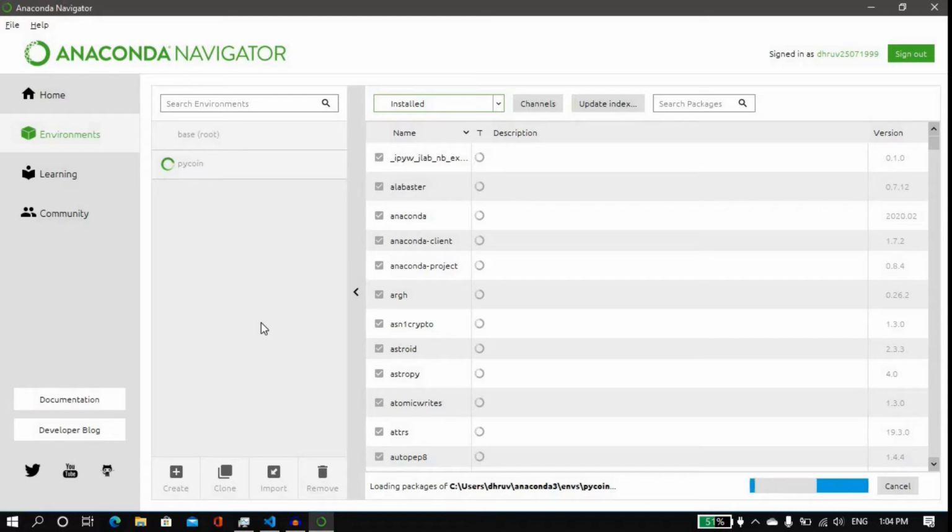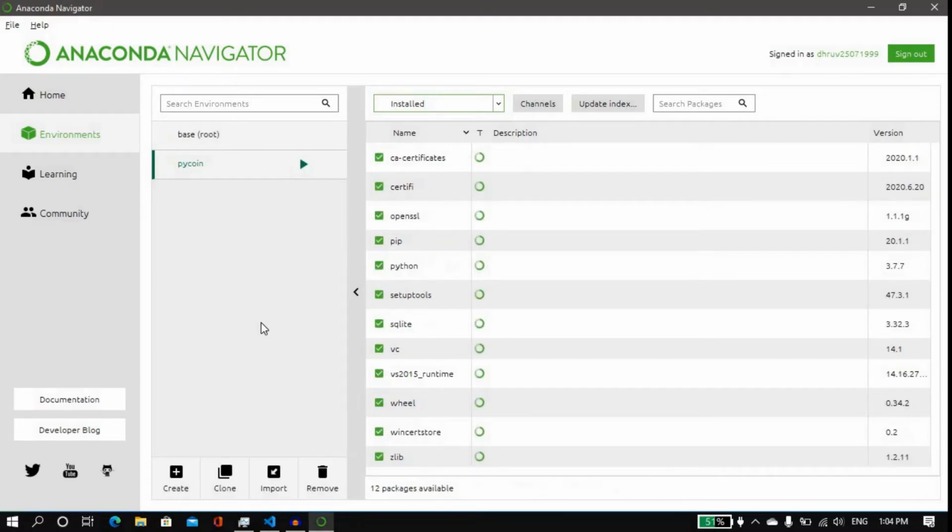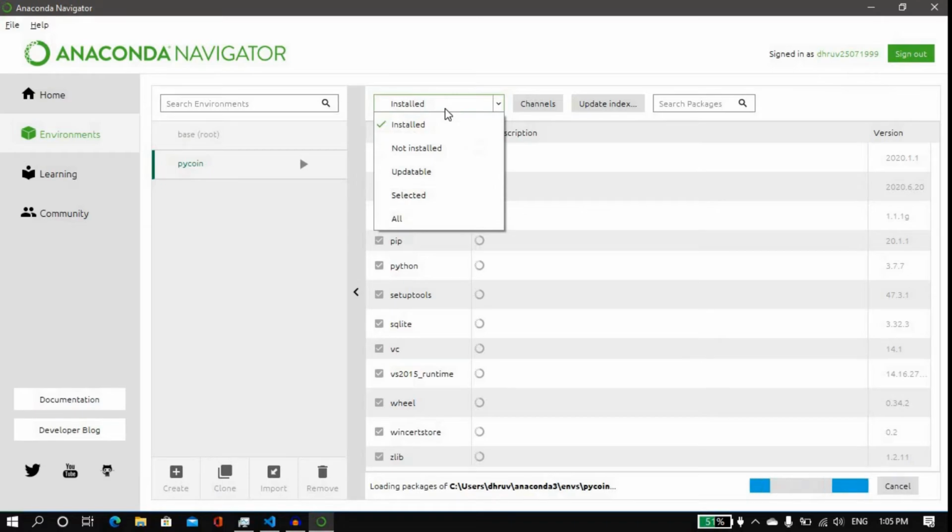Like, if one project is using Django 2.1 and another is using Django 2.2, maintaining both on your system would be a bit difficult. Instead, we can use Anaconda Navigator. In one virtual environment, PyCoin or some other name, we will install Django 2.1, and in another we will install Django 2.2. This is how we could better utilize it.